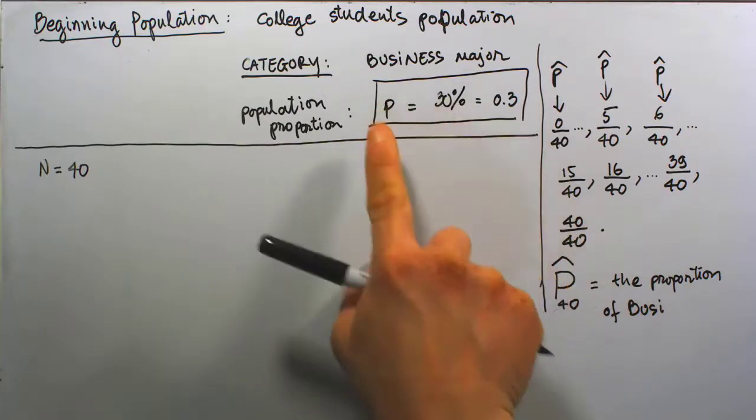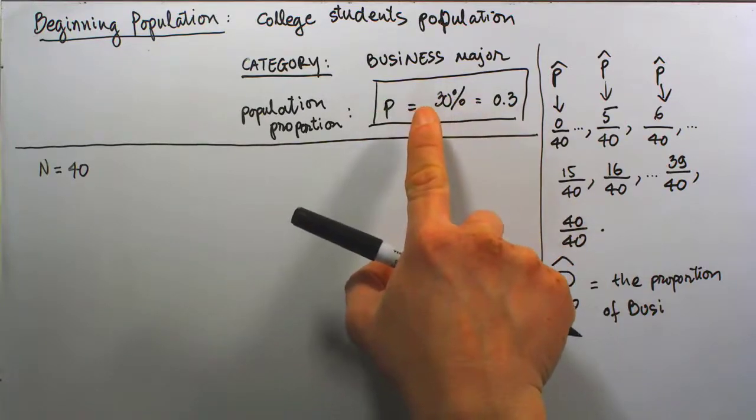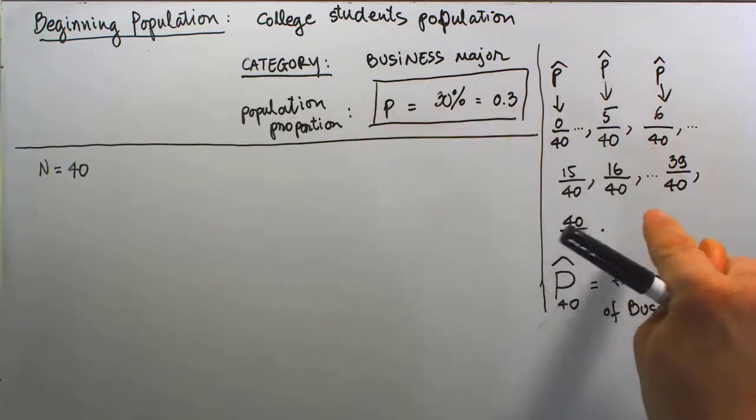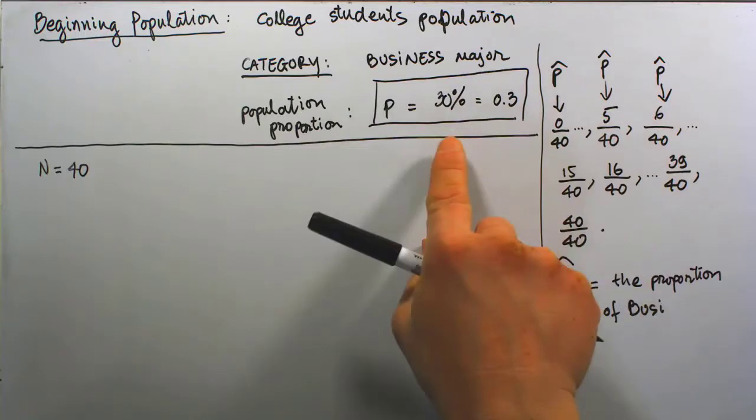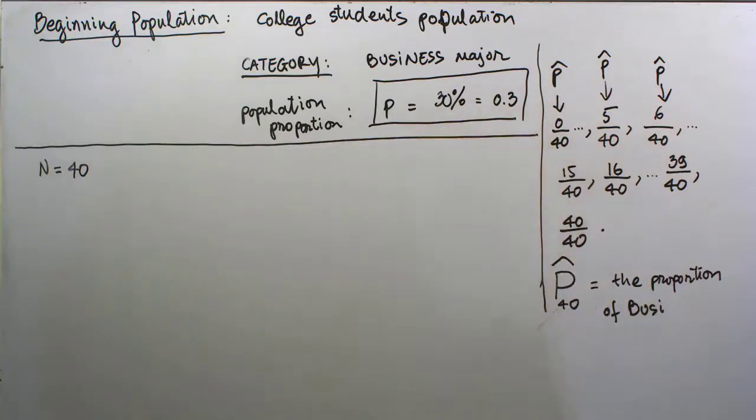So 30 here is already known and agreed to be the population proportion, but these are samples and different sample values. So they may or may not agree with the actual population proportion value. So now generally speaking, P hat 40 represents the proportion of business major